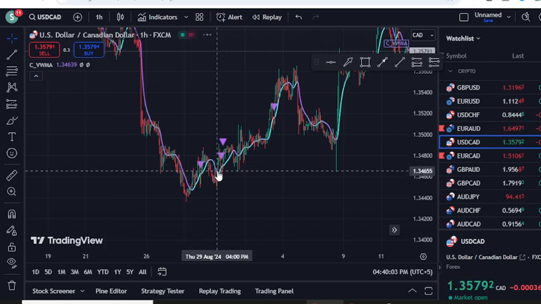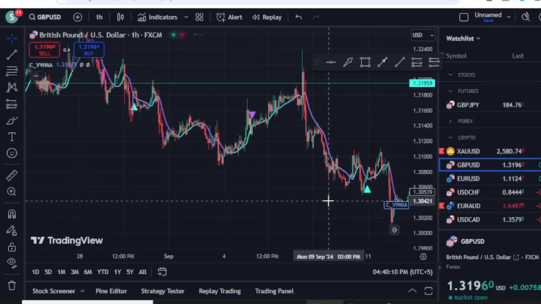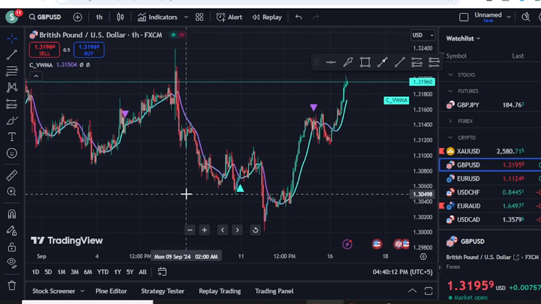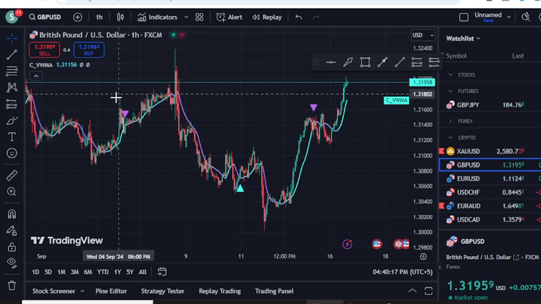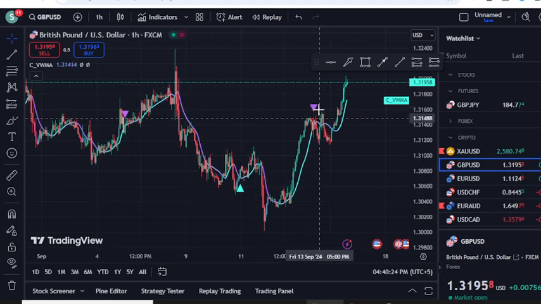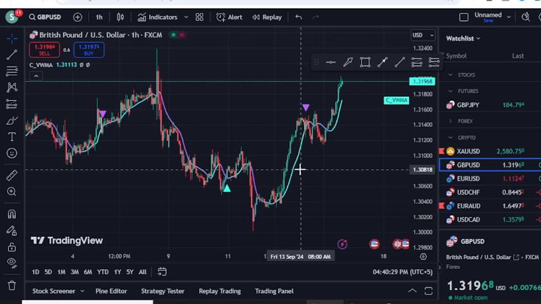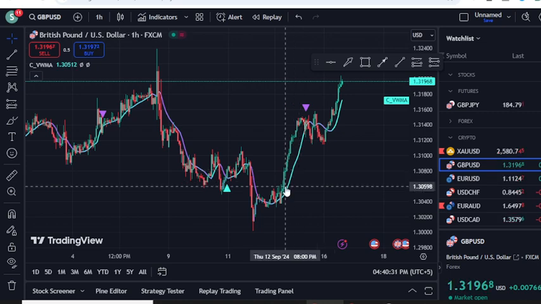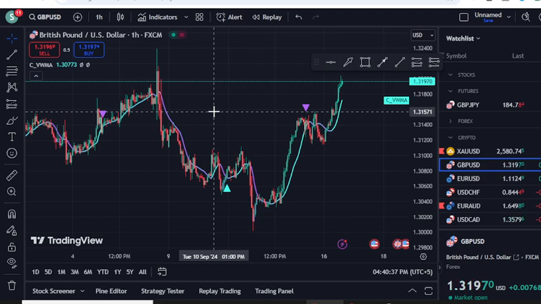Here you can see that we have some wrong signals, so definitely you need to understand that this is a free indicator, and it is not going to be right all the time. Overall, as far as free indicators go, this is one of the top indicators based on the moving average. Even on GBP/USD, you can see we have a selling opportunity and price reversed, a buying opportunity, price went up and then selling, and maybe the price will reverse later on. So you can add this indicator to other indicators, but you definitely cannot rely on this indicator alone, otherwise it will be dangerous. But overall, this indicator is based on three moving averages, which is a good factor.